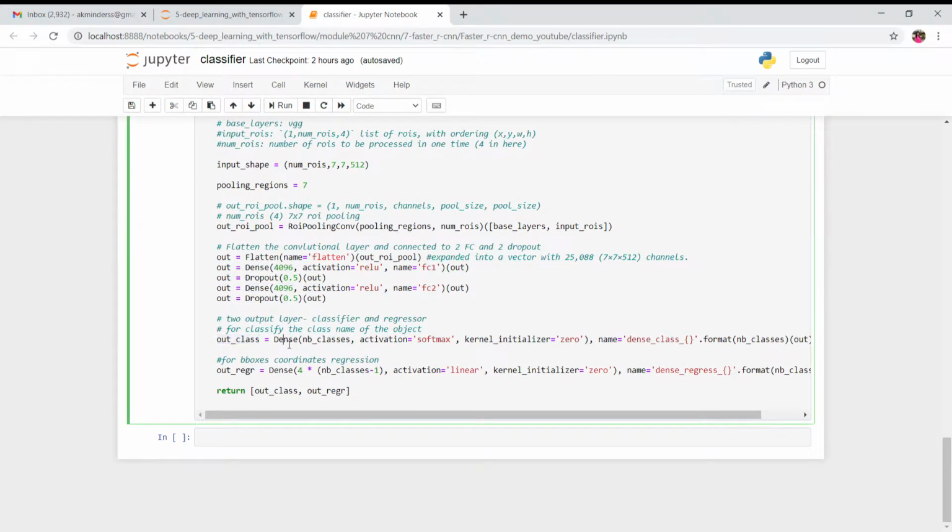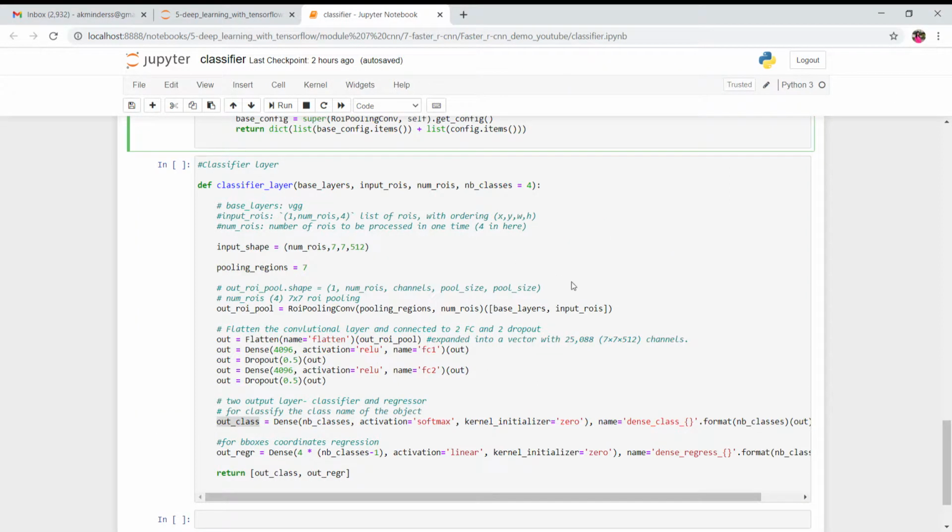Over here dense is classifying the object, and over here we are plotting a bounding box. Finally, this function classifier layer is giving us this outclass and outreg. Outclass simply means this function is telling the object name which is detected in the image by plotting a bounding box in it.